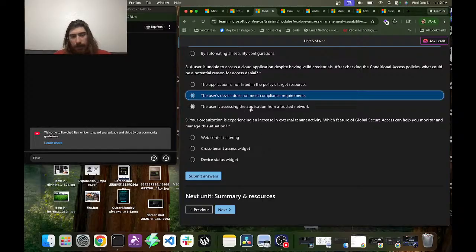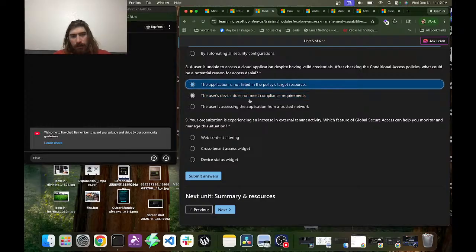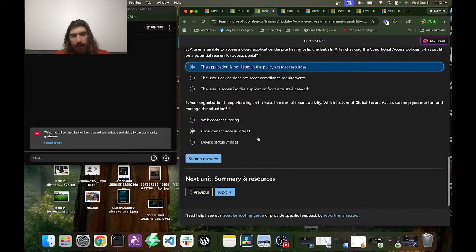It's definitely not this one. It's either of these two. I'm going to go with the application is not listed in the policy's target resources.